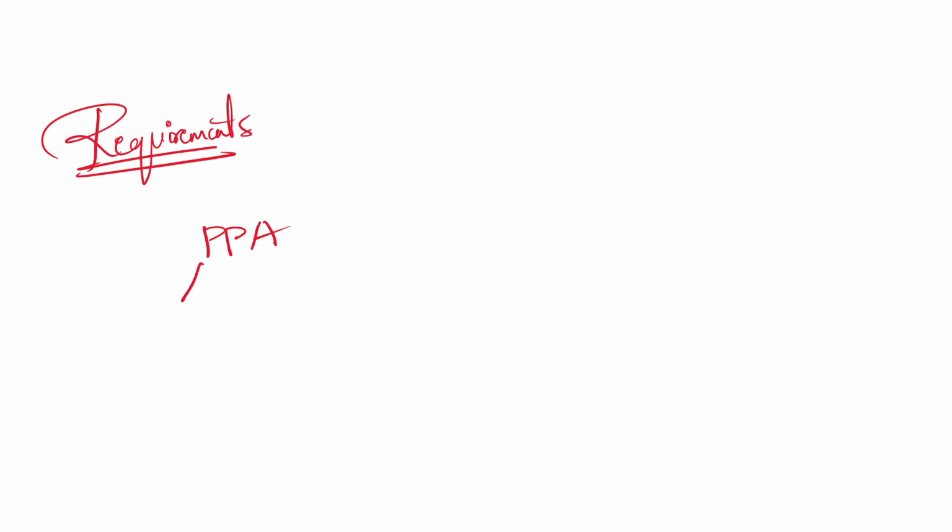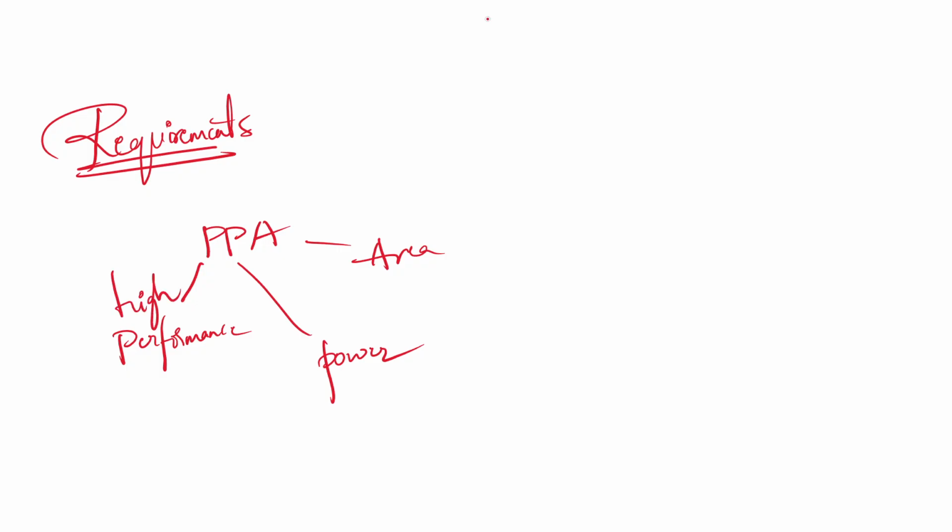So what does PPA mean? Simply you have to remember like this. The first P means performance. Another P means power. A means area. So coming to the CMOS, it has high performance. So these are the requirements of most things, and they can be satisfied by the CMOS. High performance,